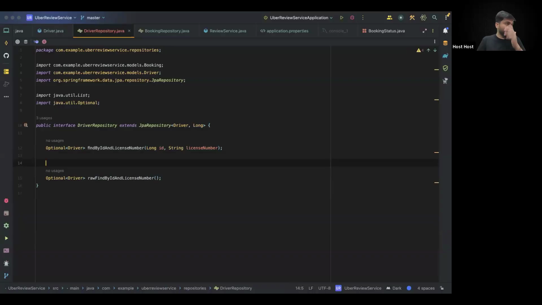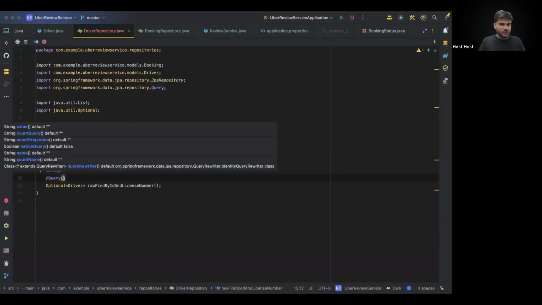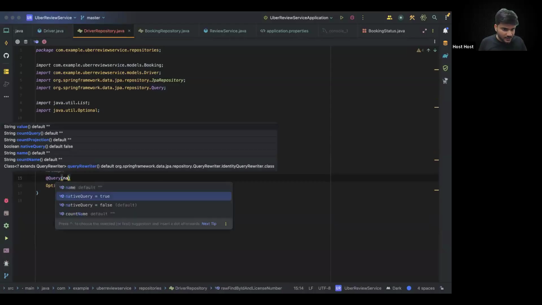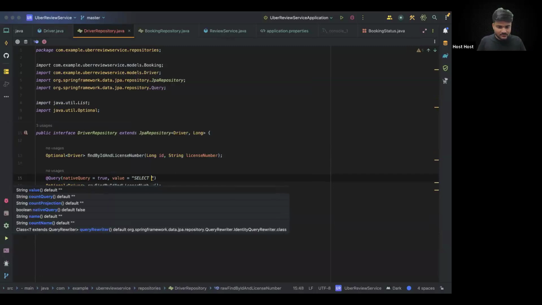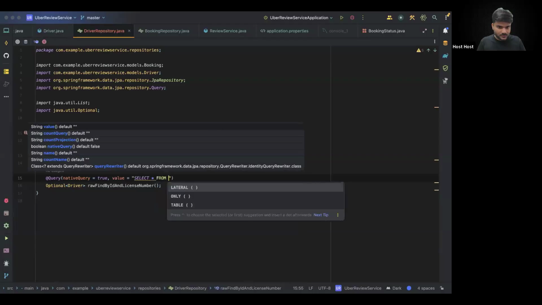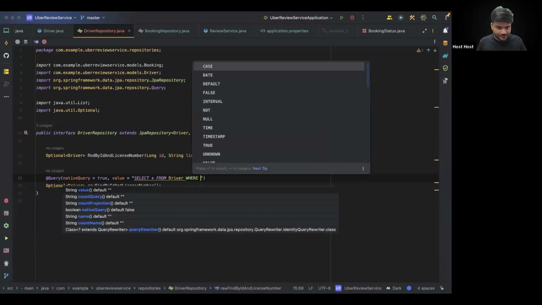Inside your repository interface, you have an annotation called @Query. Inside that @Query, there is a property called nativeQuery. When you set nativeQuery equals true, you can pass a raw MySQL query. So you can say value, and now you can say select star from driver where